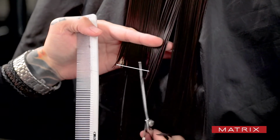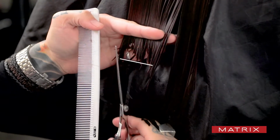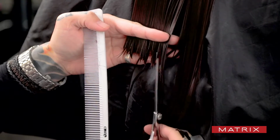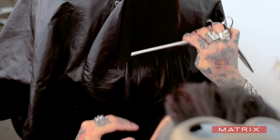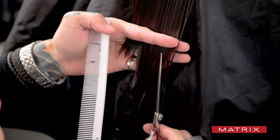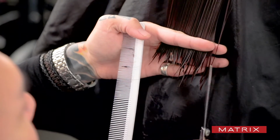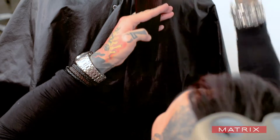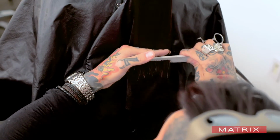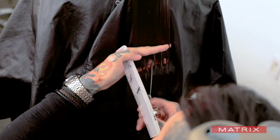Slightly in towards the center. This is key. This way you get an even amount on either side. Like so. At this point, you don't have to worry about it being absolutely perfect as long as your points are even